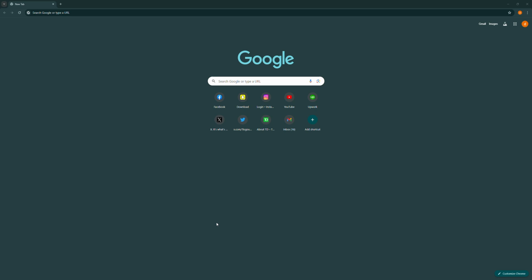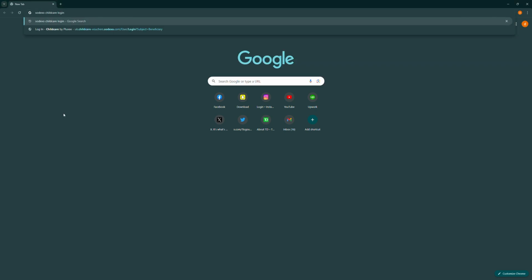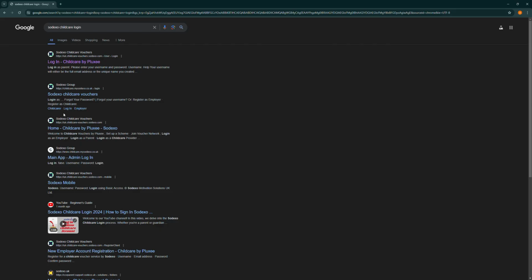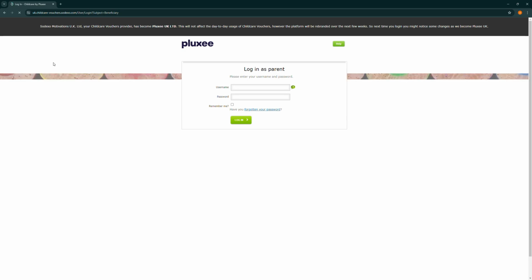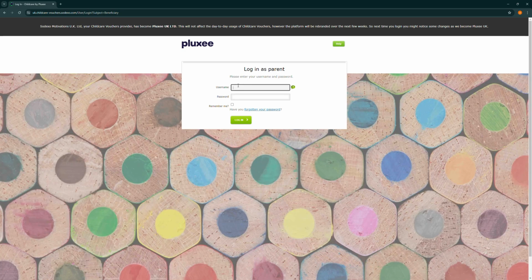So first things first, you need to open a browser of your choice and then search for Sodexo Childcare Login. Then select the first link which says Login. This will take you to the official login page of Sodexo where you need to enter your username and your